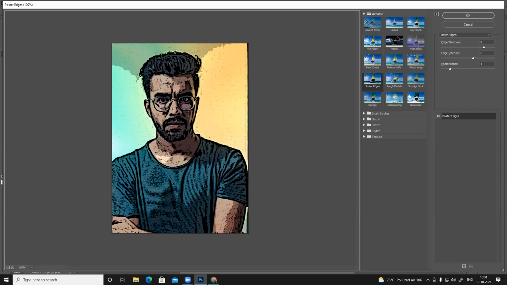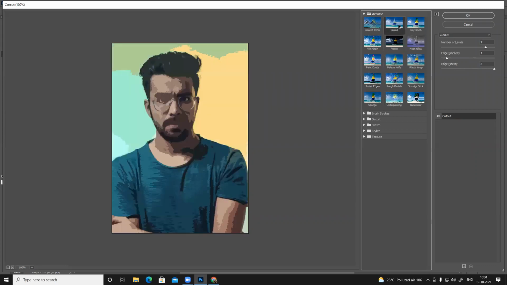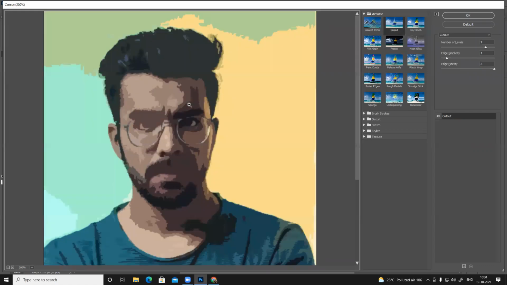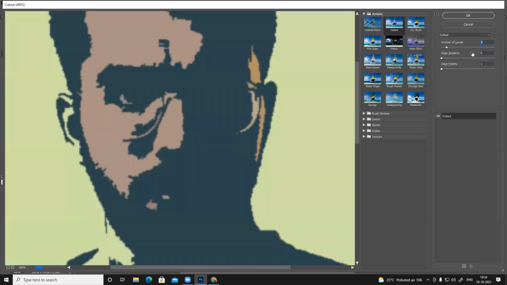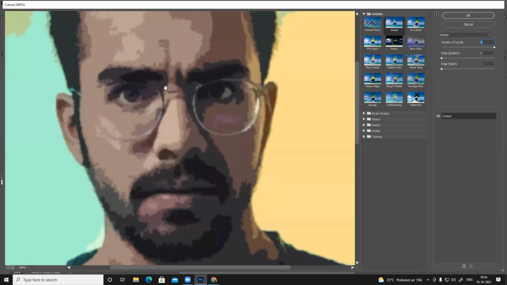There's something called cutout. If you click on this, these are image resolution settings, and you can control all these things, increase, decrease. This will give you the average color, 2, 3 tones, 4 tones, how many tone levels you want. Based on that, you can convert. But this is still raster. This is not vector yet.